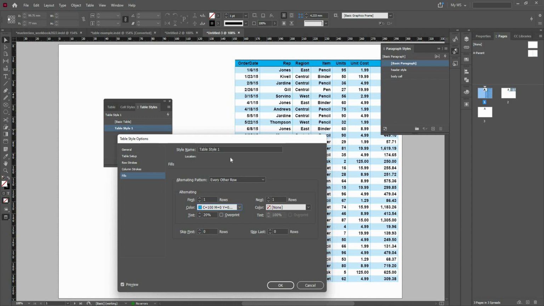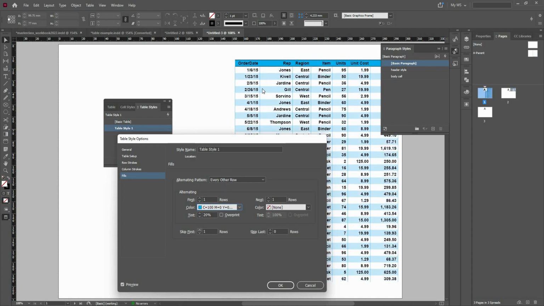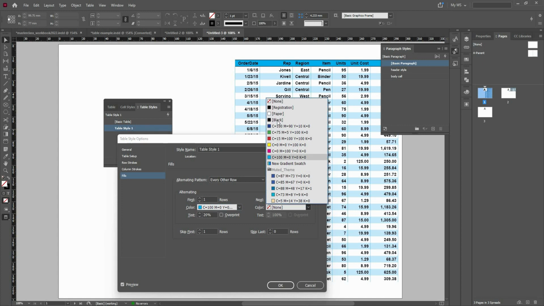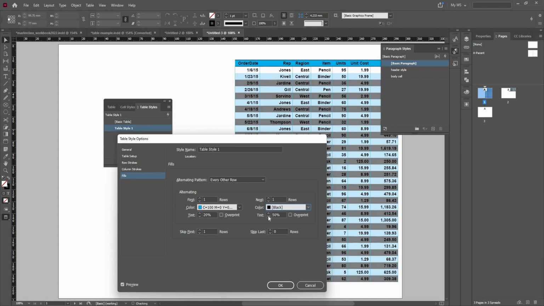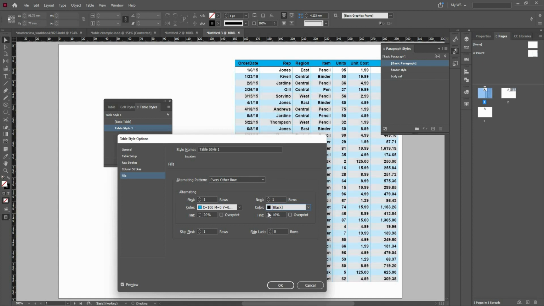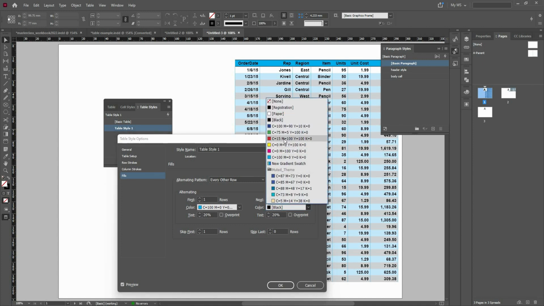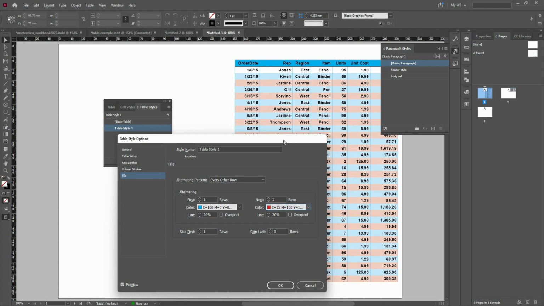And if you feel like the first row shouldn't be filled, instead you want the second row to be filled, you can skip the first row and start the pattern from the second row. If you want a pattern that uses different colors, instead of having this color, you can have a different color as well. This is black. You can just reduce the tint here as well. And maybe you can use a red one here. And now we have that alternating pattern, skipping the first row, but I can also remove that skip,